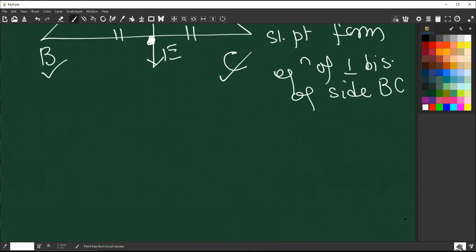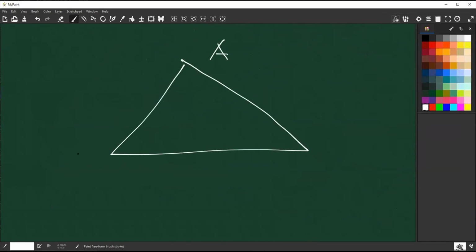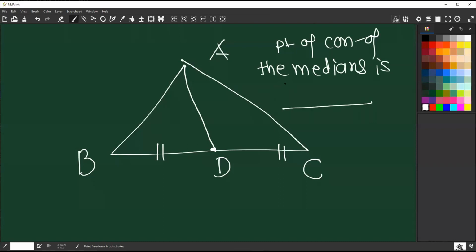I finished altitude. You know how to find the slope of the side, वो तो मैं y2 minus y1 upon x2 minus x1 you have already done. Then how do you find the equation of the median of triangle ABC? बोलो. How do you find the equation of the median? This is the median. Again, the point of concurrence of the medians is called what? Superb, centroid.